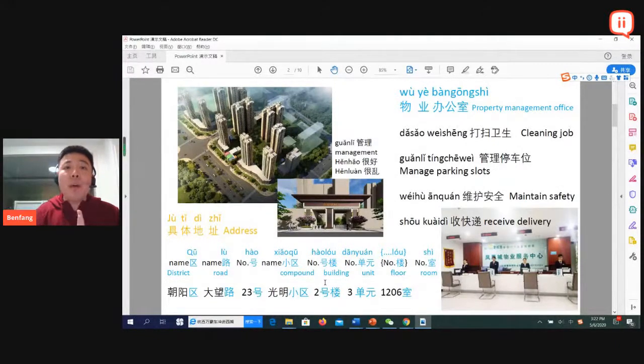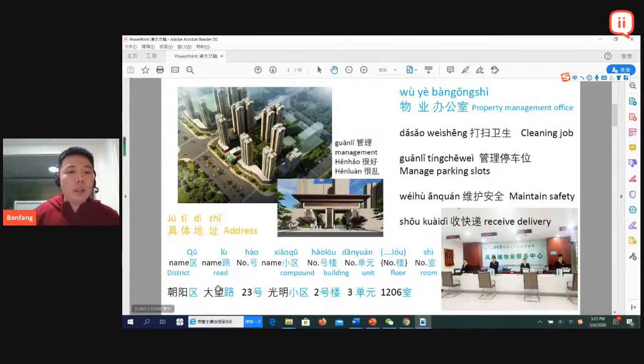That means the number 1 building, the 12th floor. 有一点困惑, a little bit confusing. 可是这个是规定，这个就是我们每天说话的方法. This is the way it is. 很好。好的，再看一遍, one more time,